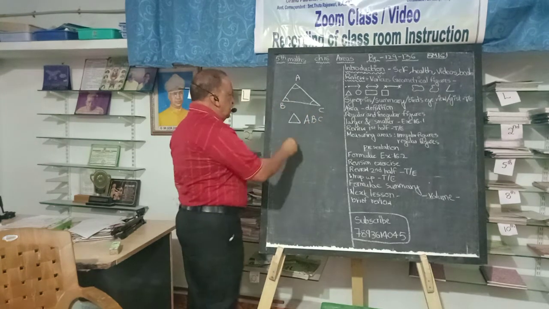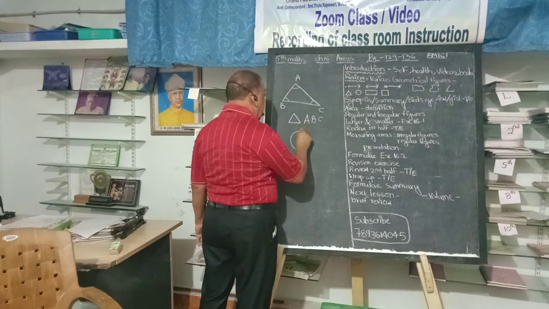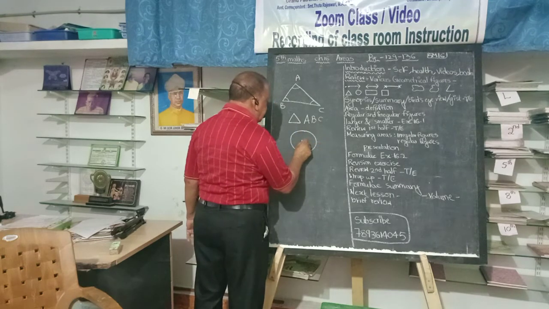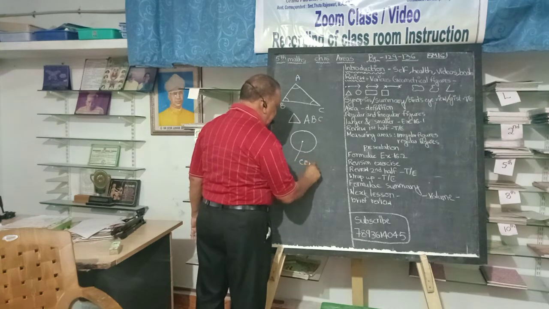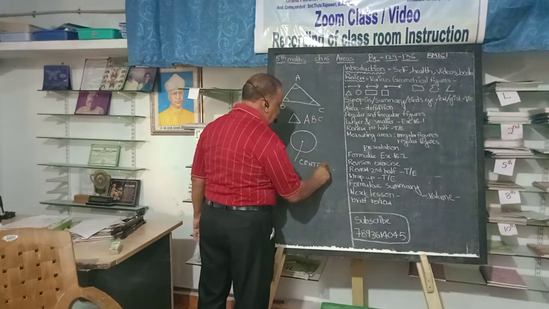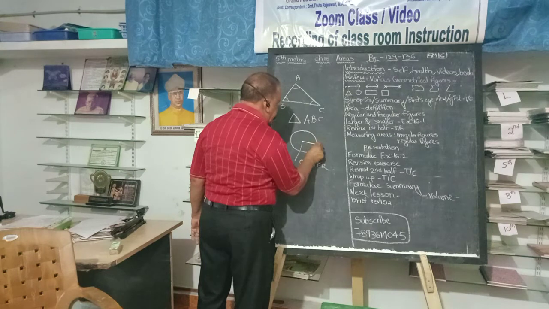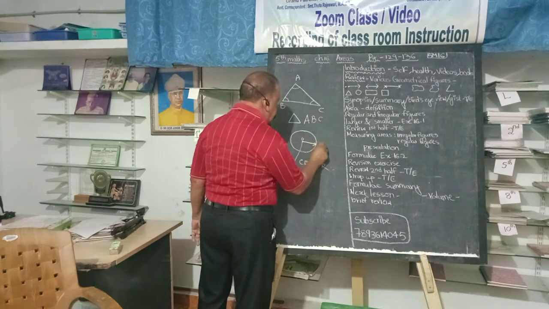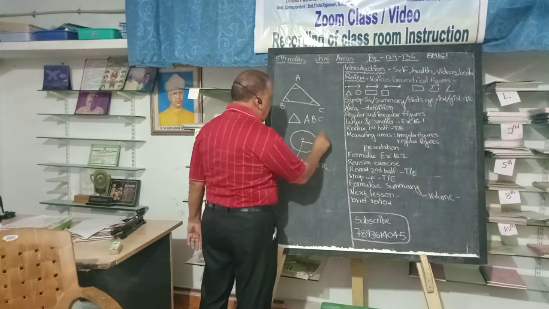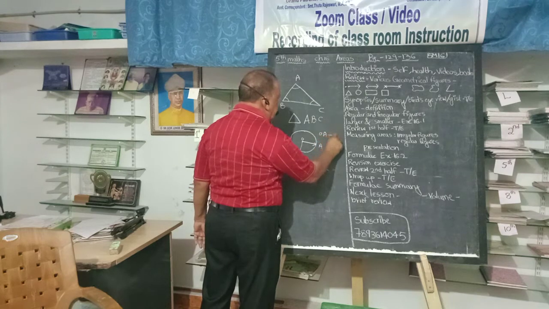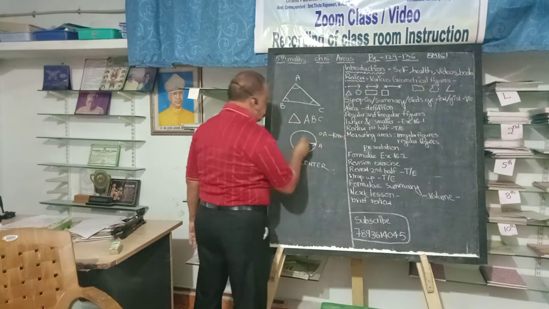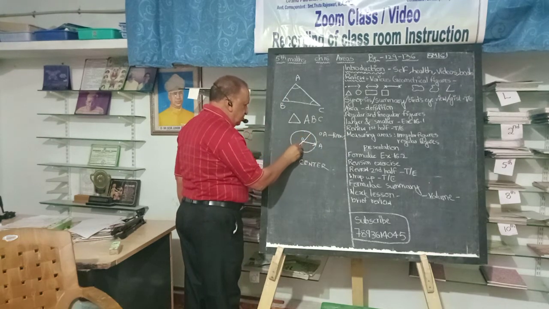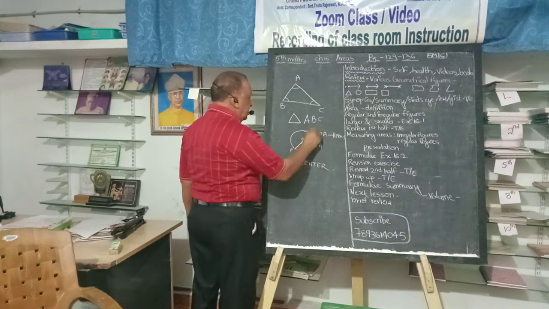Okay? Then we have what is called a circle. A closed curve, a circle. The simplest closed curve is the circle. This is called the center. Then let's say this is O. This is any point on the circumference. OA is called the radius. And suppose you draw a line through the center, you say PQ.